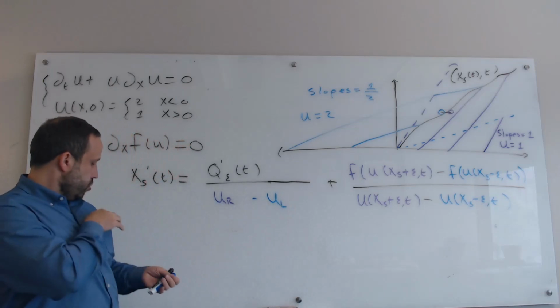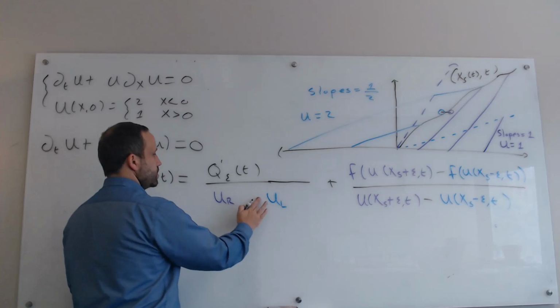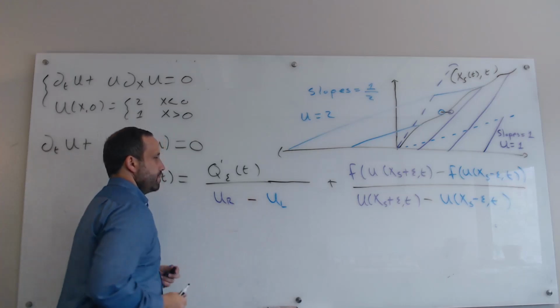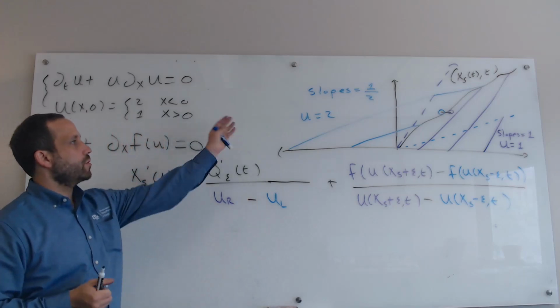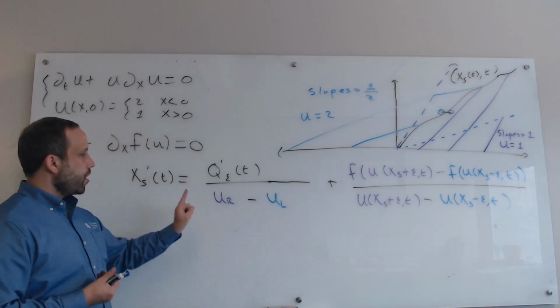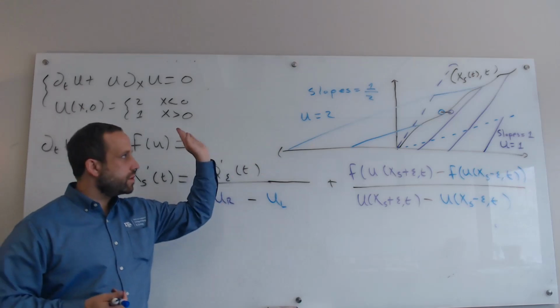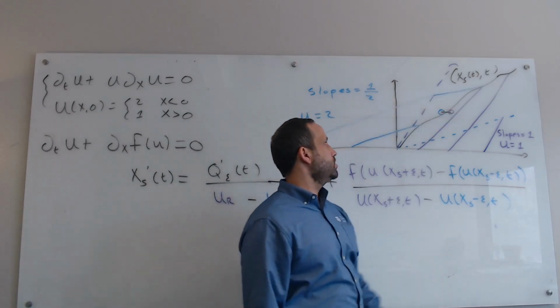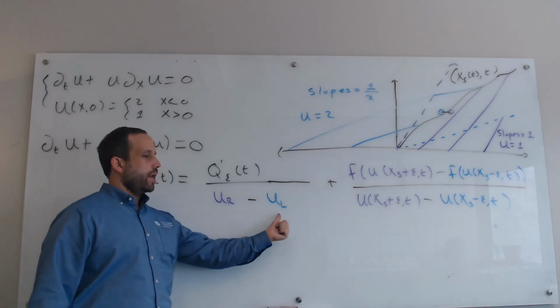Now, we're assuming, in this problem, that there's a jump discontinuity. For this problem, u is equal to 2 on the left and 1 on the right. In general, that's not going to be the case, but we are assuming there's a discontinuity across the shock here, in which case ur and ul are not going to be